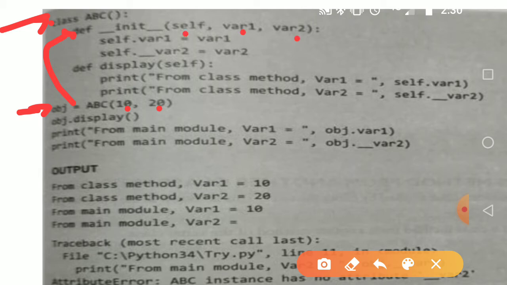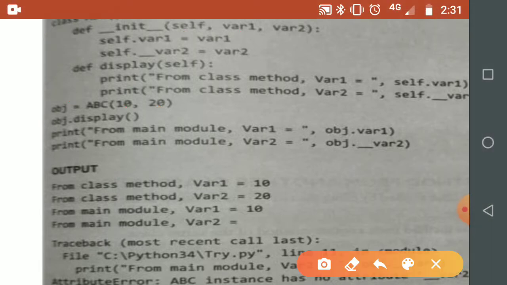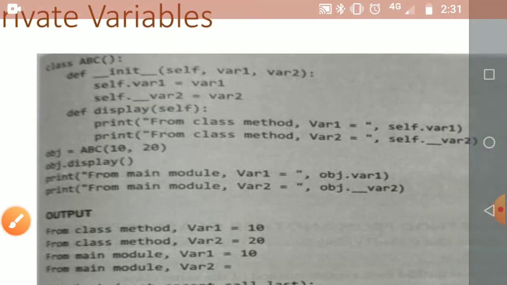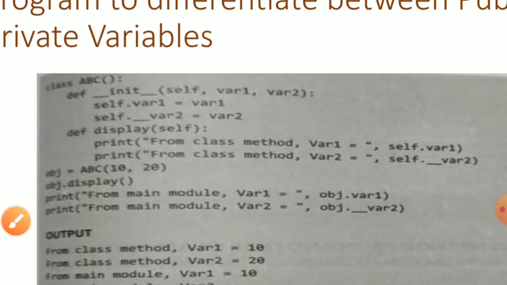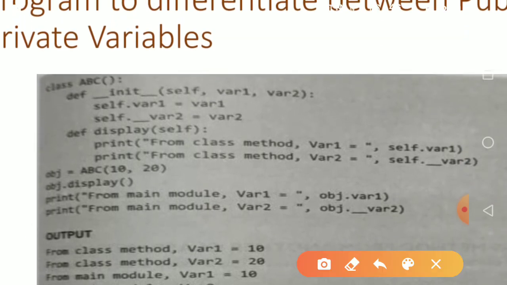The self parameter always refers to the current object of the class. As soon as we create the object, it will execute the init method, and the code of the init method will get executed.